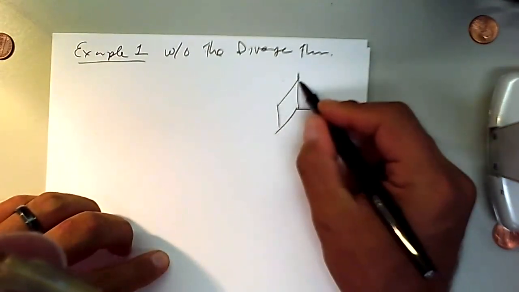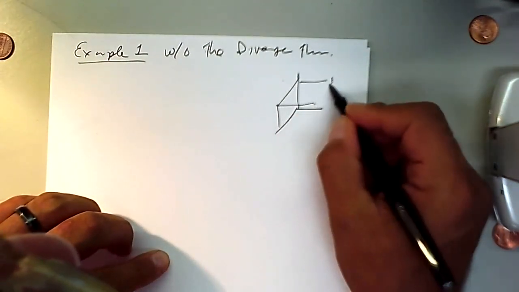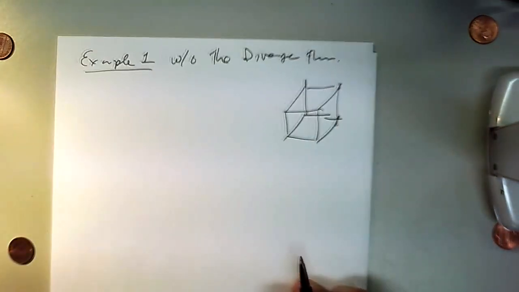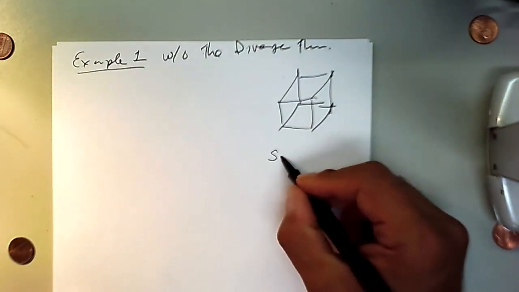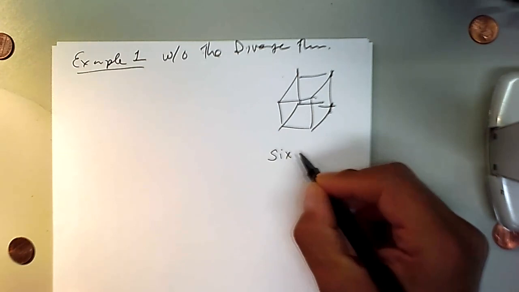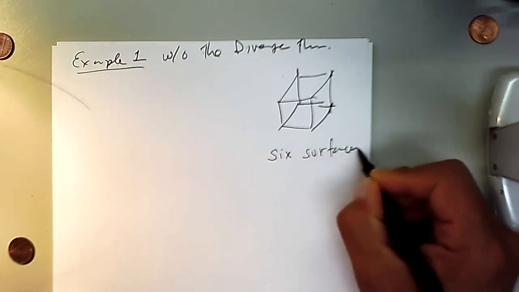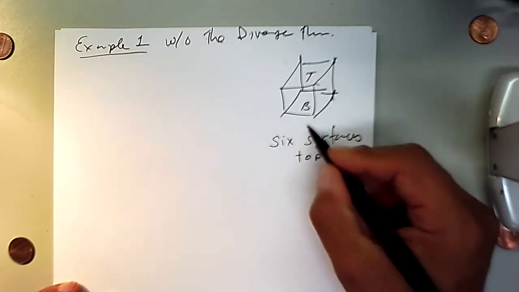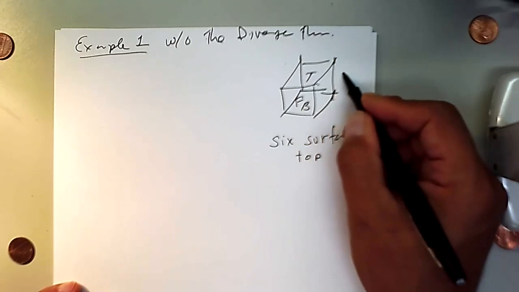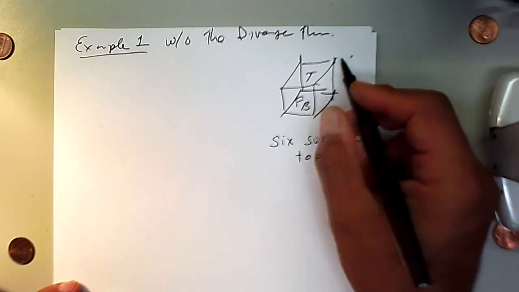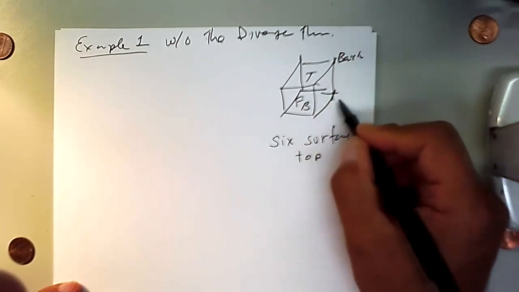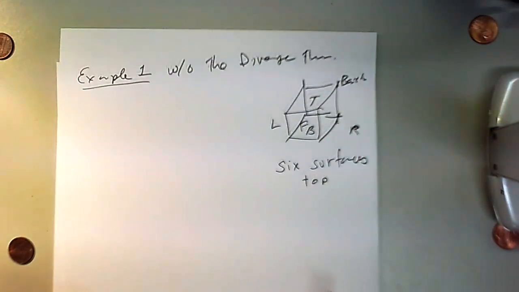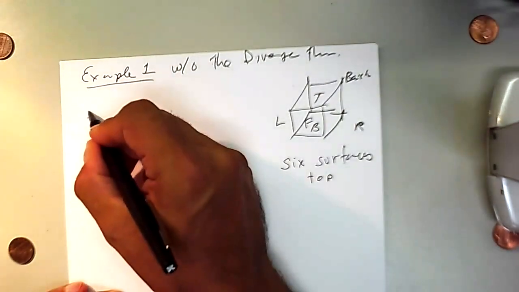So we've got, again, our unit box. We're going to split this into 6 surfaces: the top, the bottom, the front, the back, the right side and the left side. Okay. So we're going to do the double integral of,